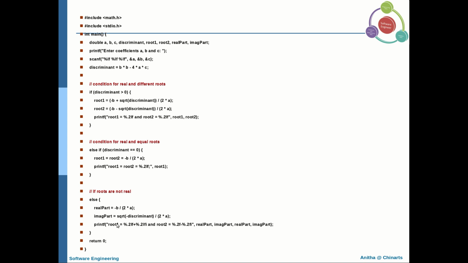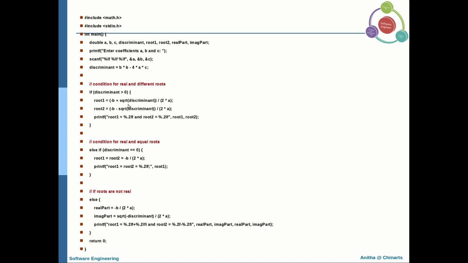Or suppose, for example, you give three input values A, B, C, and the discriminant value is equal to 0. What will be the execution flow? It will execute these four statements sequentially. Then it will test this particular statement. The discriminant value is not greater than 0, so it goes to the else condition.